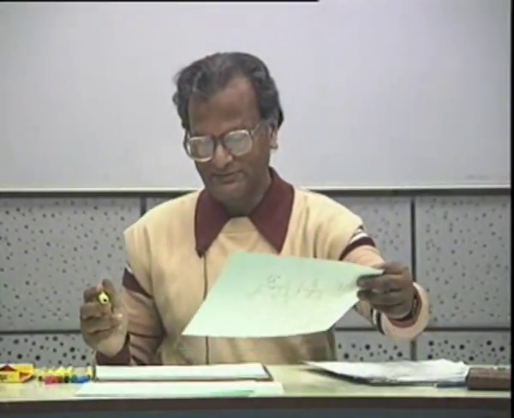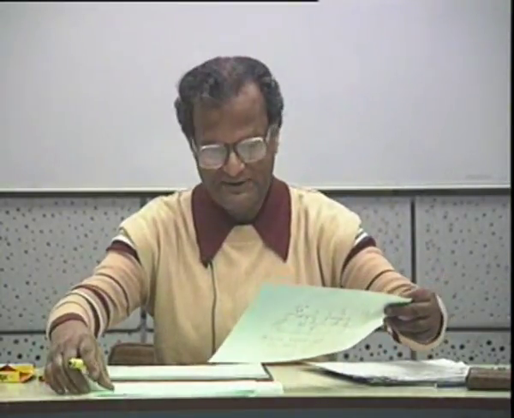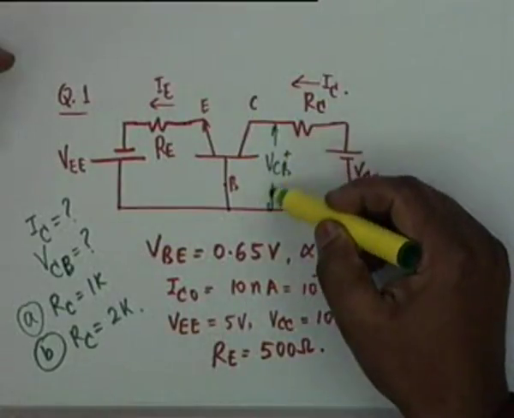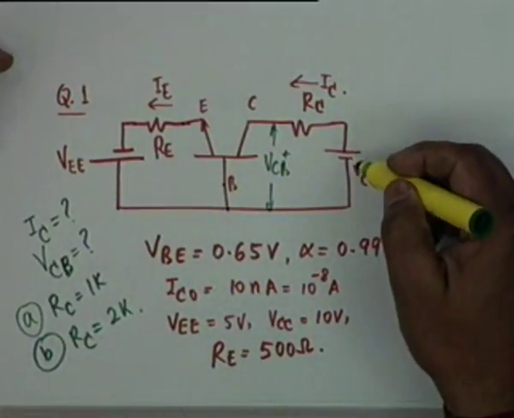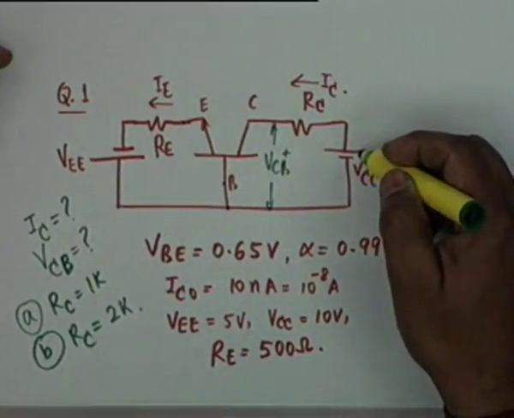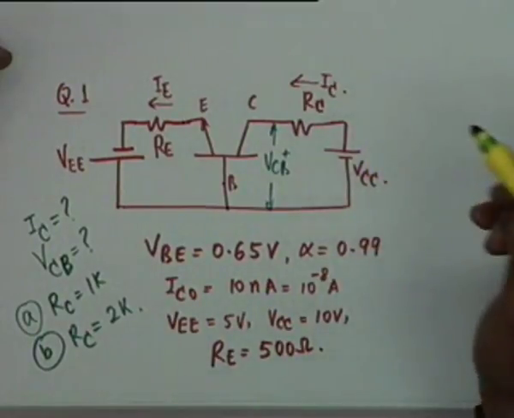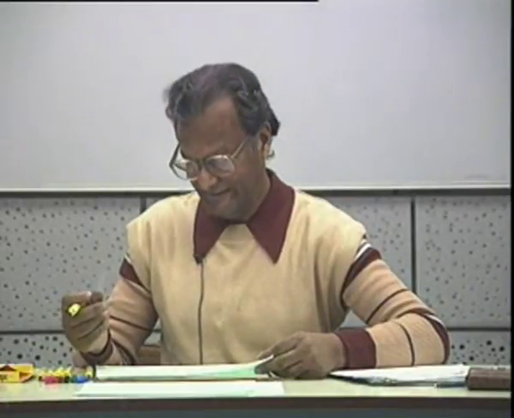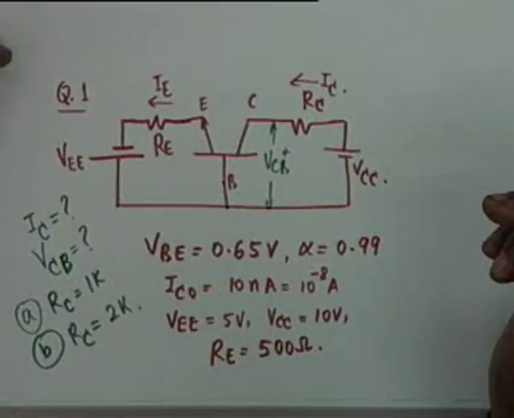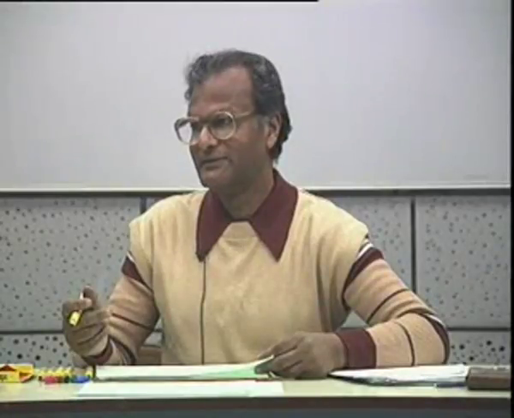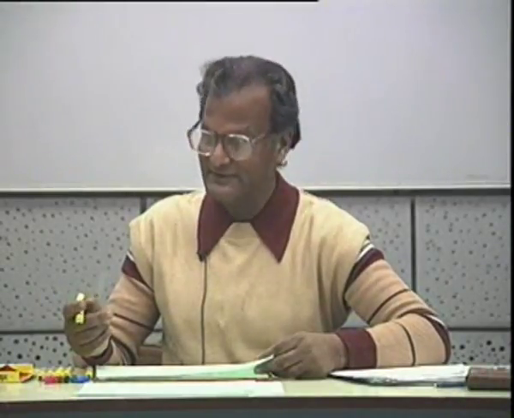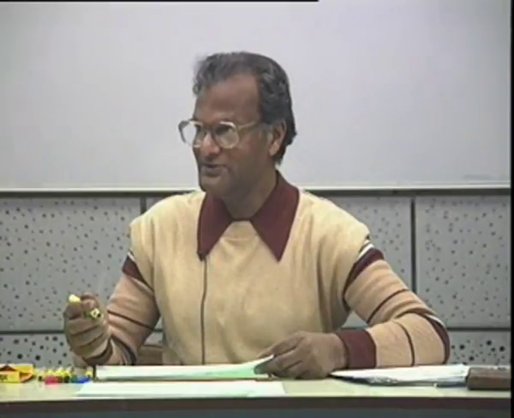Okay. Now what was the other point? How do we find out now I sub C? You see, VCB is minus 0.7, and therefore it adds to VCC. So does the relation VCE equals VCB plus VBE hold? It has to. KVL cannot be violated. In this case, VCE is approximately 0.2 volts. Correct?